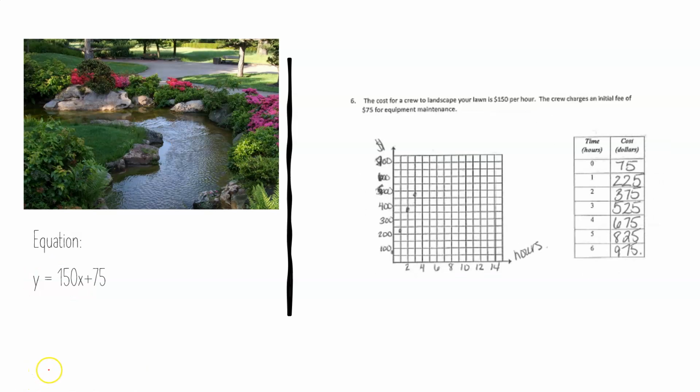Number 6, the cost for the crew to landscape your lawn is $150 per hour. The crew charges an initial fee of $75 for equipment maintenance. So we're not starting at 0, we're starting at that $75 that they're going to charge you. Then you're going to go up by $150, so you'll be at 1, $225; 2, $375; 3, $525; 4, $675; 5, $825; and 6,